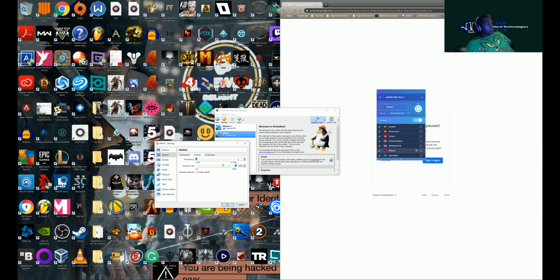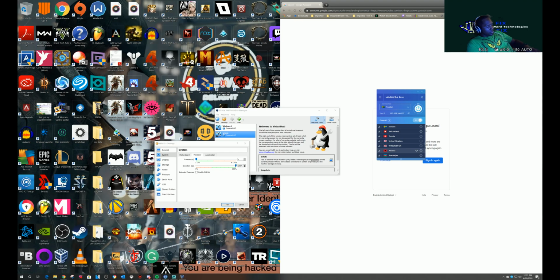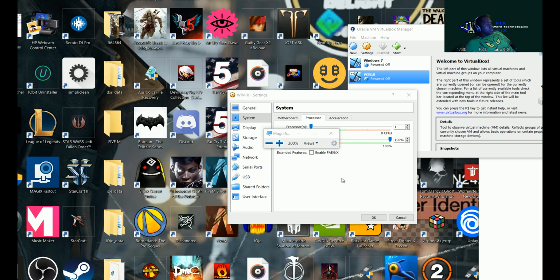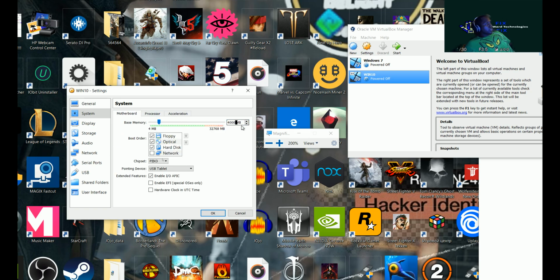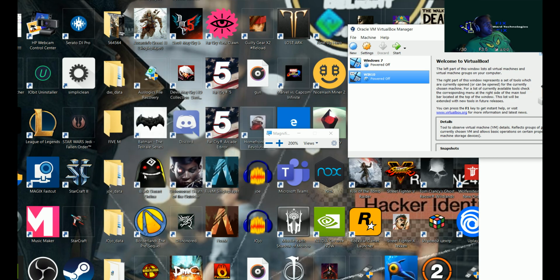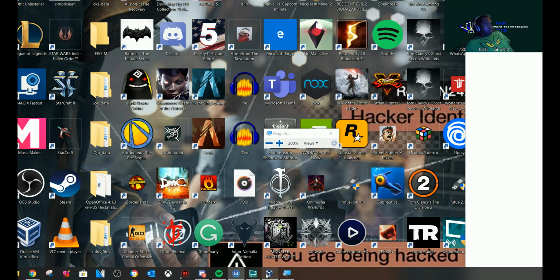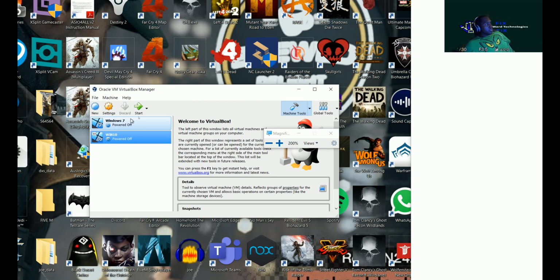So you can even make it 1 processor, 2 processors, however you want to do it. Right now it's just 1 processor. And you can literally make it single core, Pentium, dual core, quad core. So you can make it a dual core machine if you want, with 4 gigs of RAM. And you just play around with it, and you just go, okay. And now when you start this machine again,